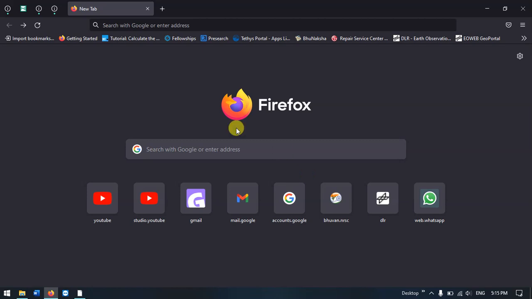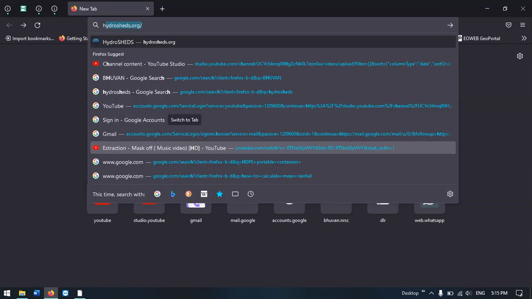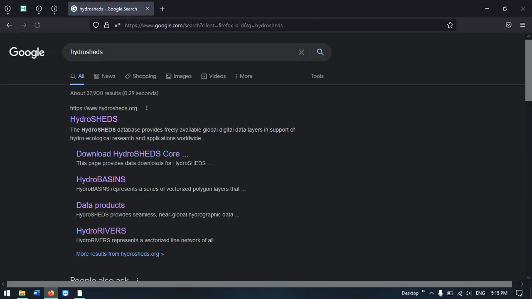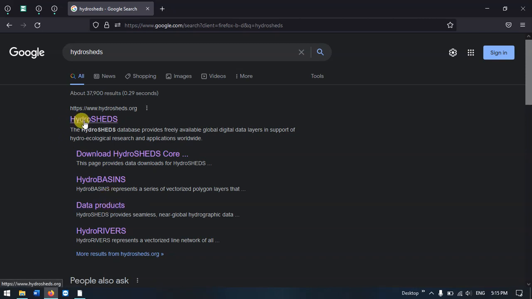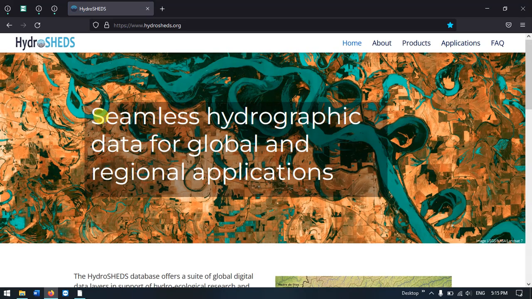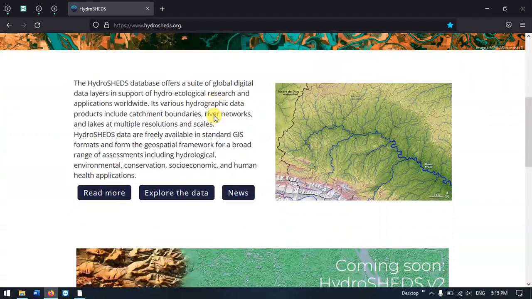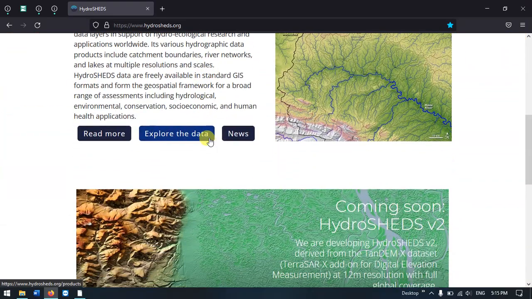using HydroSHEDS. So once you open your browser, just type in HydroSHEDS and hit the button search. Now you can see the first result, HydroSHEDS, and the official link is hydrosheds.org. So select the first link here. This is the official home page, and just come down and you can see the option explore the data. Select here